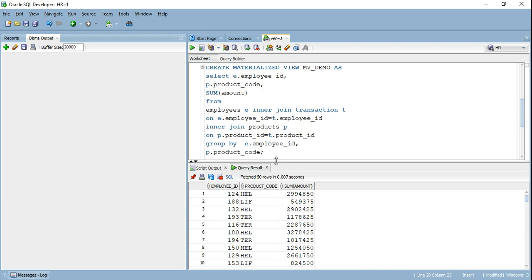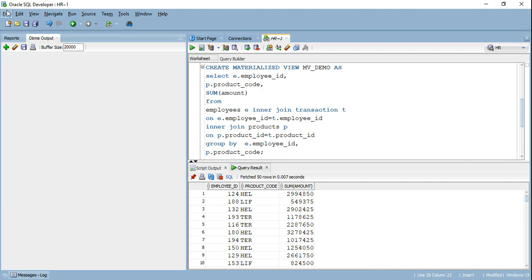So if we have to rephrase this, when you are talking about a basic view, every time you execute a DML statement on it, it's going to rerun the underlying original query. While in case of materialized view, as soon as you create the view, it's going to allocate a storage space on disk where it's going to store the output of that particular query. And next time when you issue a select or a DML statement, instead of going and rerunning the original query, it's going to retrieve the data from this particular storage location. So I hope the difference between view and materialized view is clear now.